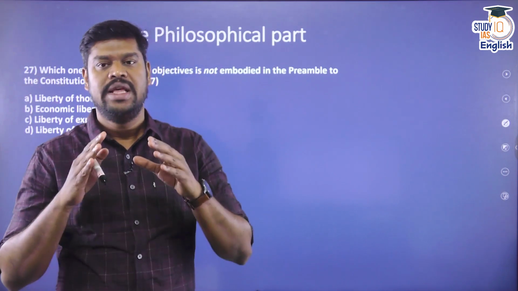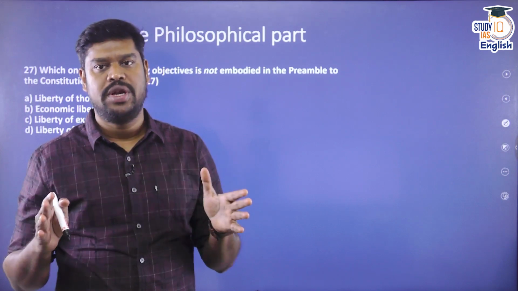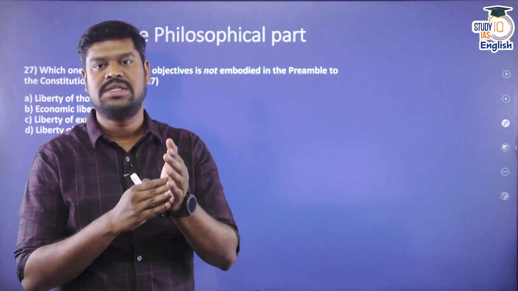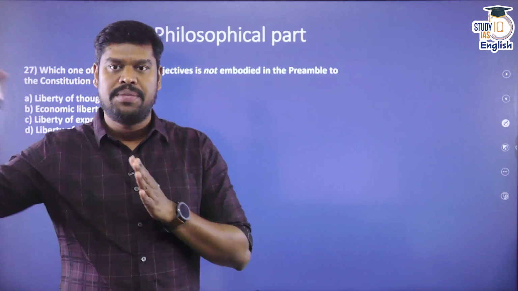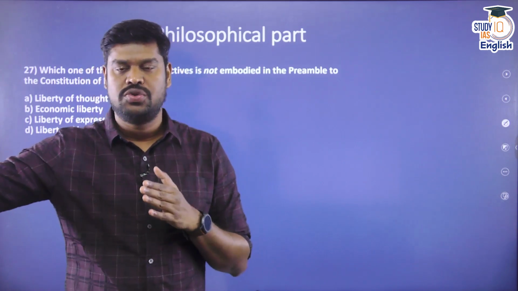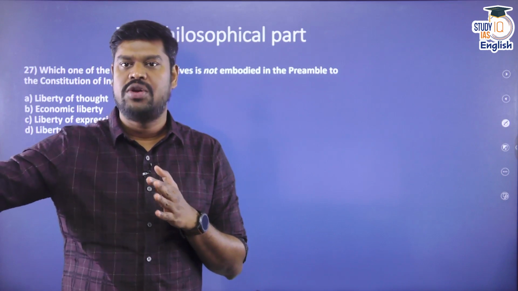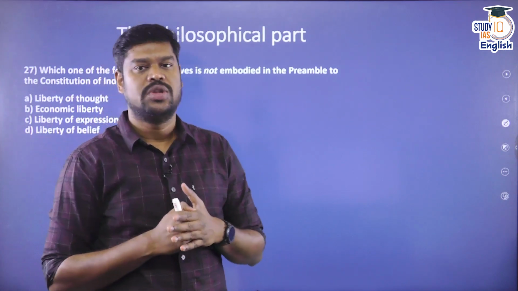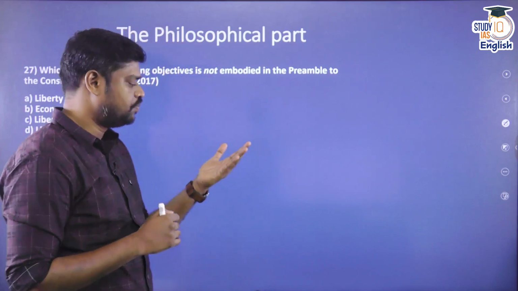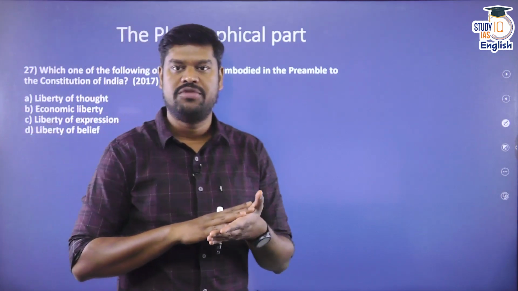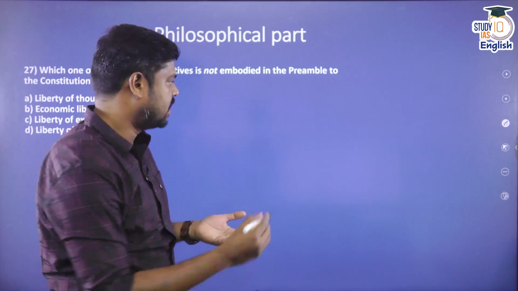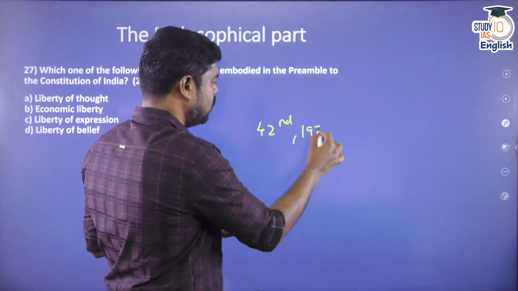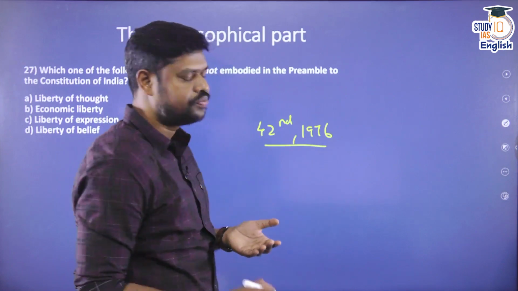That means the preamble is not giving any power to anyone or to any authority. What the preamble is merely doing is serving as a guide to interpret the various provisions of the constitution wherever there is some kind of confusion or ambiguity. That is the main purpose of the preamble. And because it is an integral part of the constitution, can it be amended? Yes, of course, it can be amended. The 42nd Constitutional Amendment Act 1976 amended the preamble, only once.